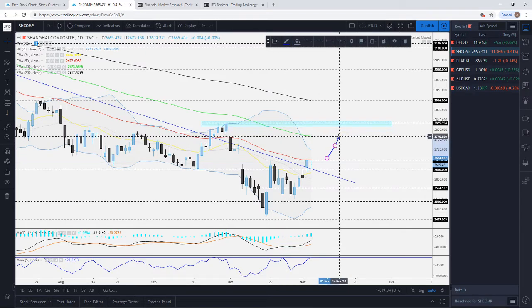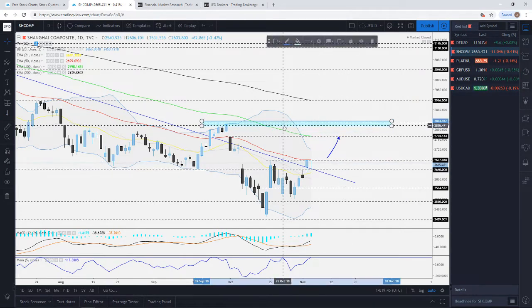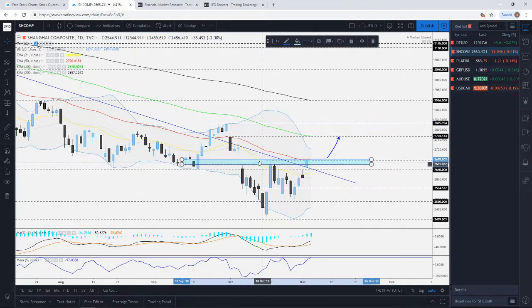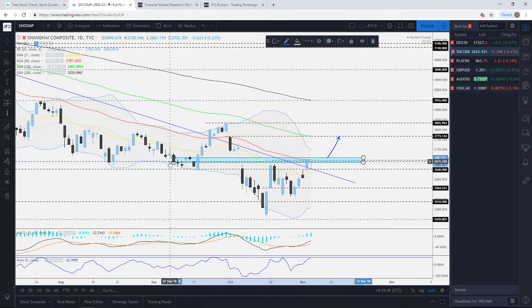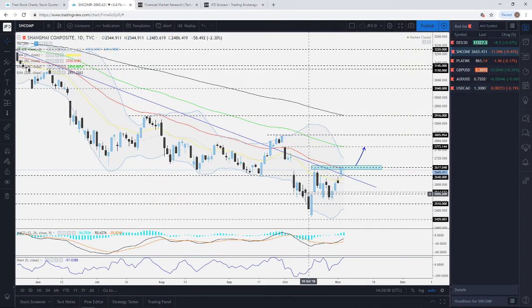So just about 100 points away from this potential breaking point, of course. For now, guys, keep your eyes on this one. Keep your eyes on this level here, the 2677 mark, approximately there. Let me just quickly drag this highlighted area here, because this is going to be our level to watch from the short-term perspective. If this suddenly drops below this downside resistance line, and we see